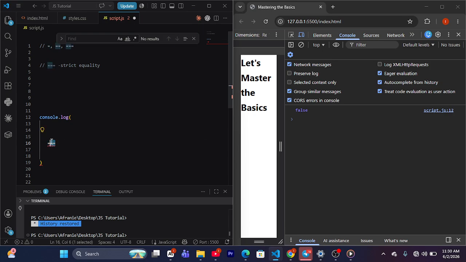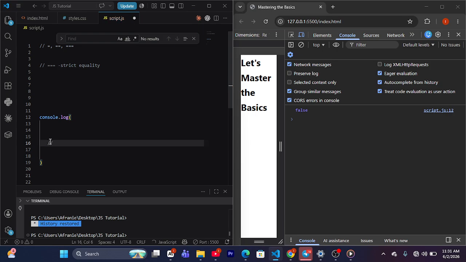But in JavaScript, if you are looking for exact values, you are advised to use the strict equality, which is the triple equal to, and the loose equality is the double equal to, and then the single equal to sign is